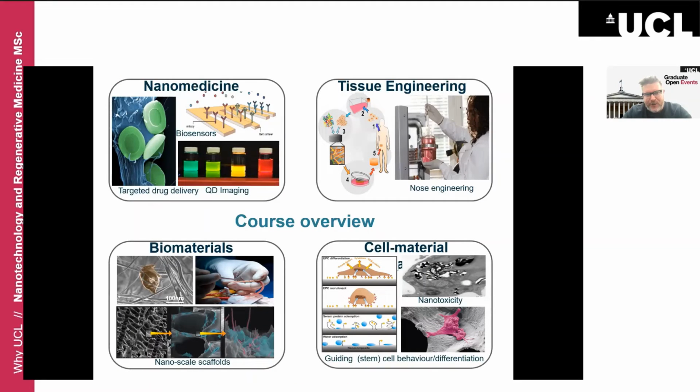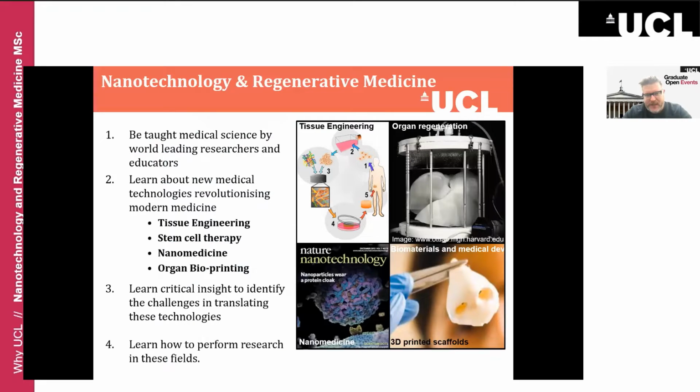The course as a whole consists of nanomedicine, tissue engineering, cell-material interactions, and biomaterials. There is a real research focus, so all the module leads are academics who have research groups and are interested in research. And there's a real focus on critical analysis of that research. In terms of which technologies have the most potential to change patient lives, one of the big hurdles is having better research output, doing studies that are more robust, more repeatable, and translatable. These are areas we discuss in the course.